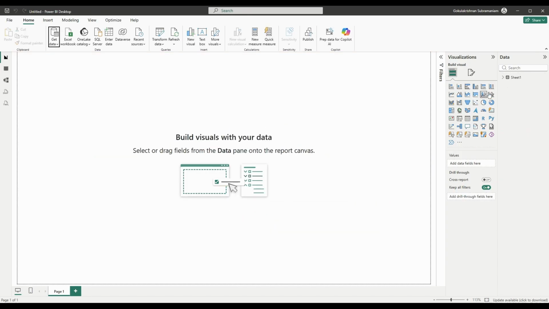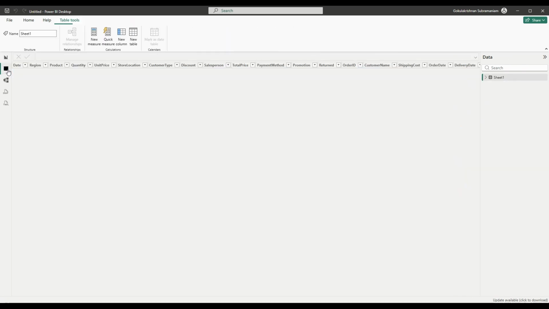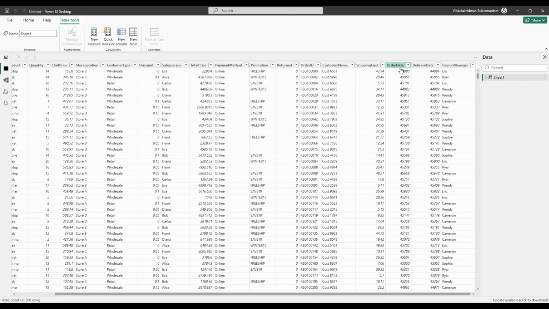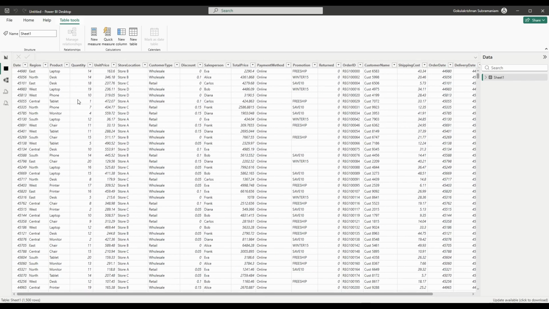1500 rows is loaded, and you can see Sheet 1, all the column names appearing over here, right? Now our data is cleanly loaded. Now I just want to see how the data is distributed. You can see the date column is not in a proper date format, and the same goes for the order date and delivery date also. Ideally it should be in a date format, but I can see it is in a